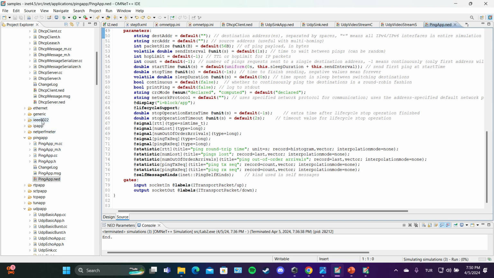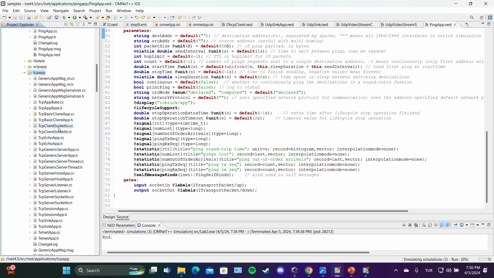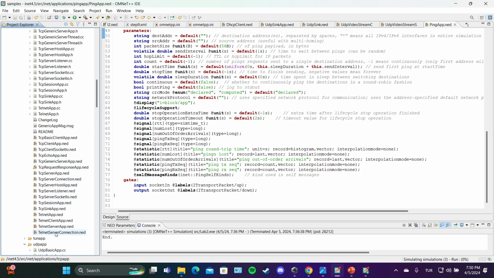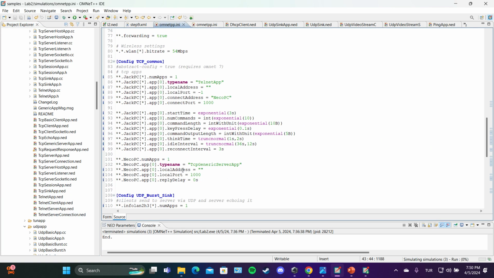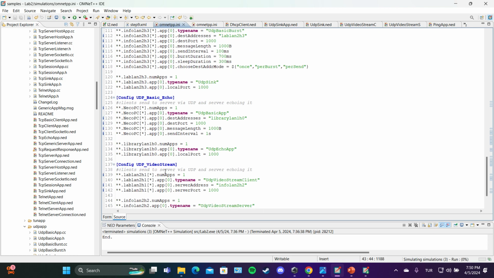And for the other applications, for TCP app, TCP generic server host, generic server, which we use as well in my ini file, and I assume that's all for this